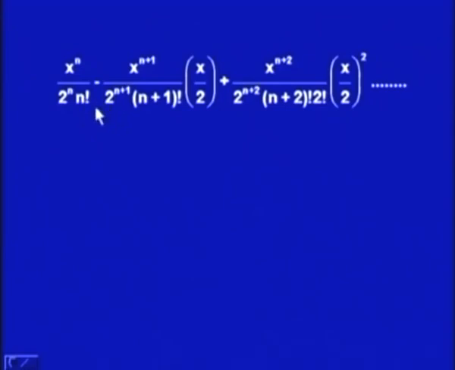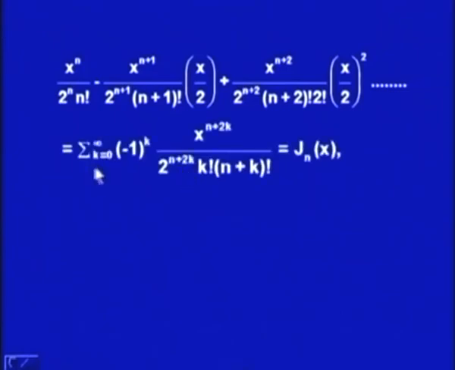then we will multiply t to the power n plus 1 by 1/t, then t to the power n plus 2 by 1/t square and so on, to get the coefficients of t to the power n, and they come out to be x to the power n over 2 to the power n n factorial, minus x to the power n plus 1 over 2 to the power n plus 1 into (n plus 1) factorial, or you can say this second term is (x/2) raised to the power n plus 2, and then (x/2) raised to the power n plus 2 into (x/2) whole square is (x/2) raised to the power n plus 4, divided by (n plus 2) factorial into 2 factorial, and so on,